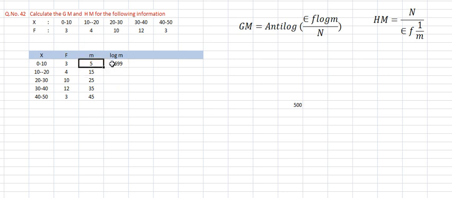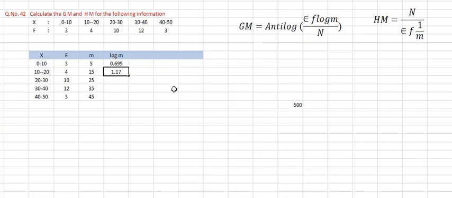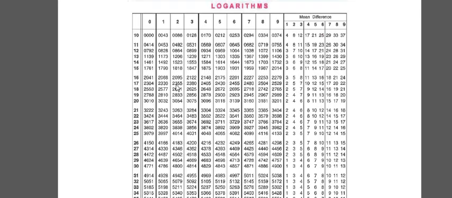Then 15 means 2 places minus 1. Here actually 5 means 1 place, 1 minus 1 is 0, not 1. Now here 15 means 2 places minus 1 is 1. Then you have to find 150, since the next number is not there it means 0. So 150 is how much? 150 is 1761. Like 25 means 2 places minus 1 is 1, so you find 250, which is 3979.